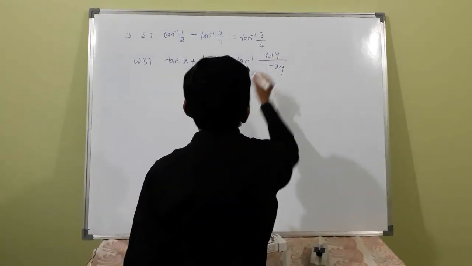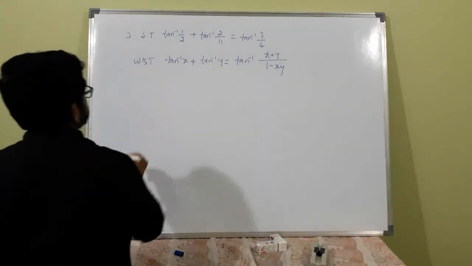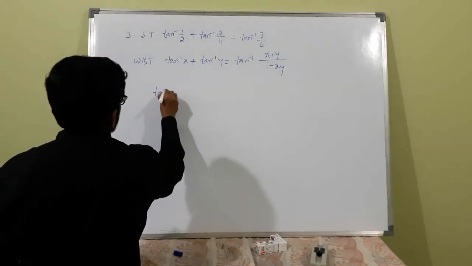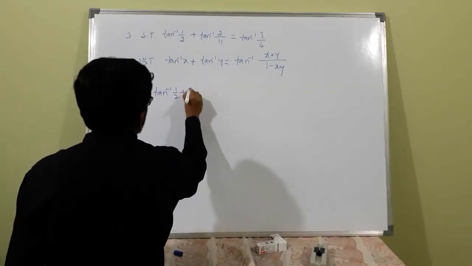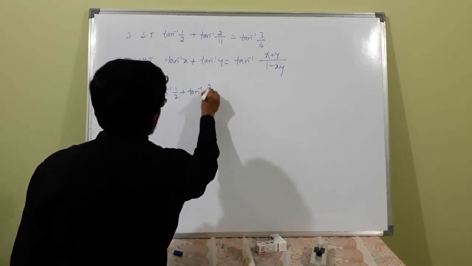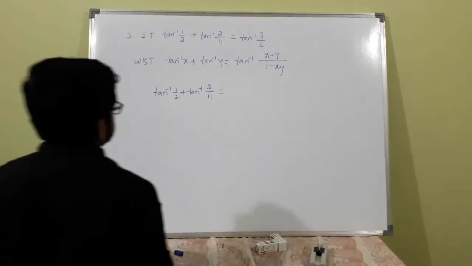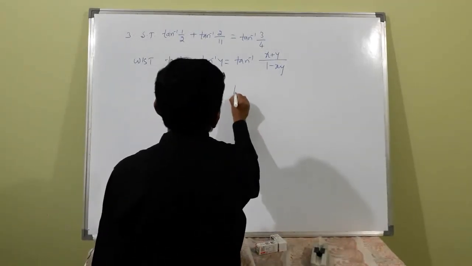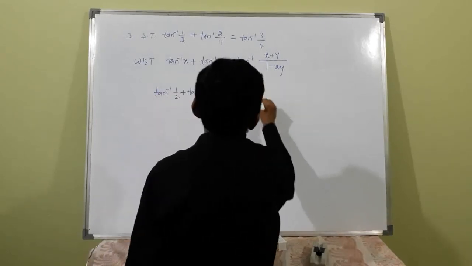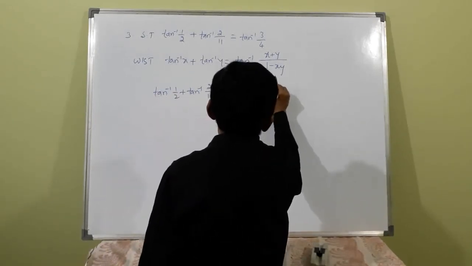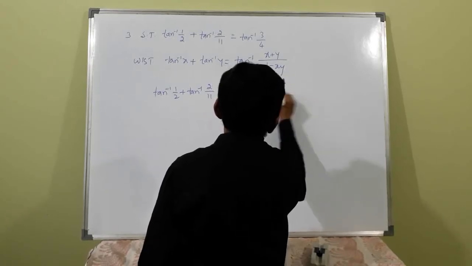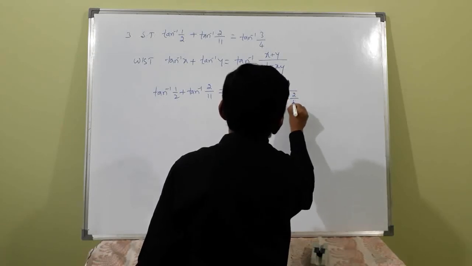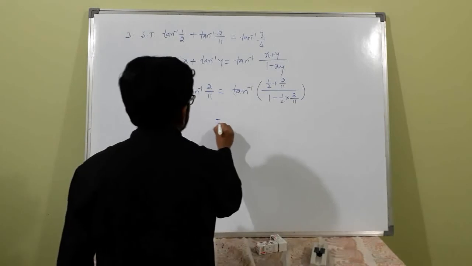Okay, this is x. See, therefore tan inverse of half plus tan inverse of 2 by 11, x is 1 by 2, y is 2 by 11, is equal to tan inverse of 1 by 2 plus 2 by 11 divided by 1 by 2 into 2 by 11, that is equal to